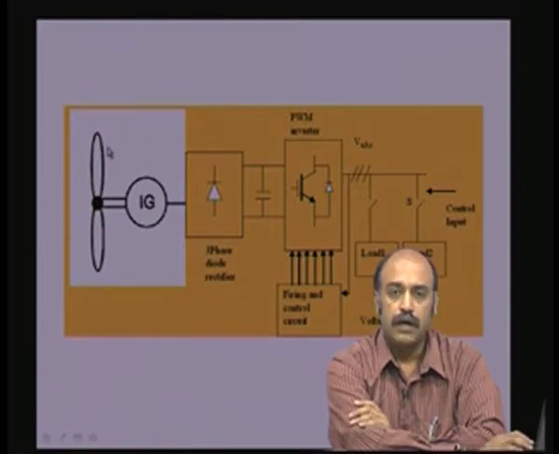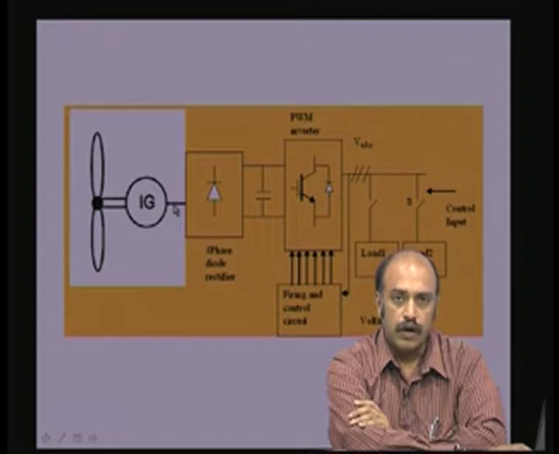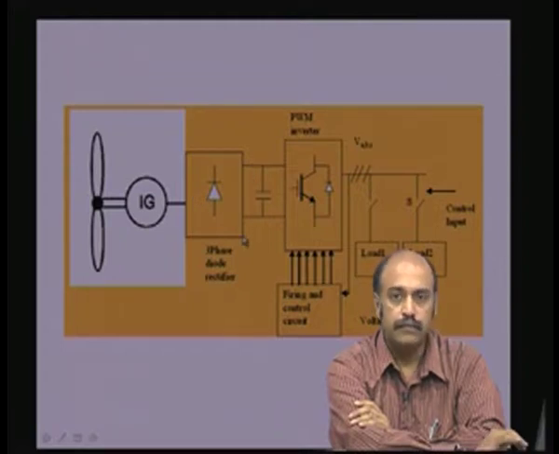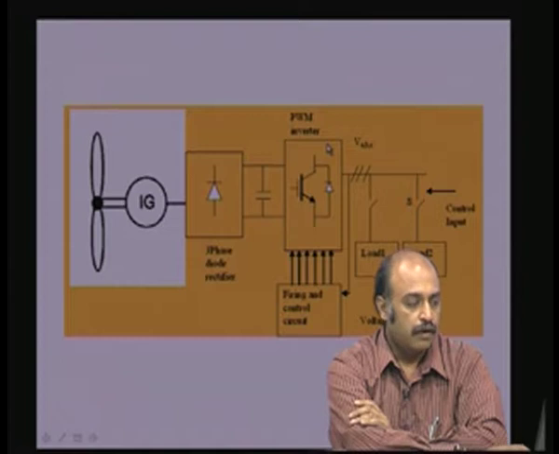The wind generator gives the mechanical energy to the induction generator or any electrical generator, the output of which can be converted, rectified into DC, and the DC what you get here can be inverted